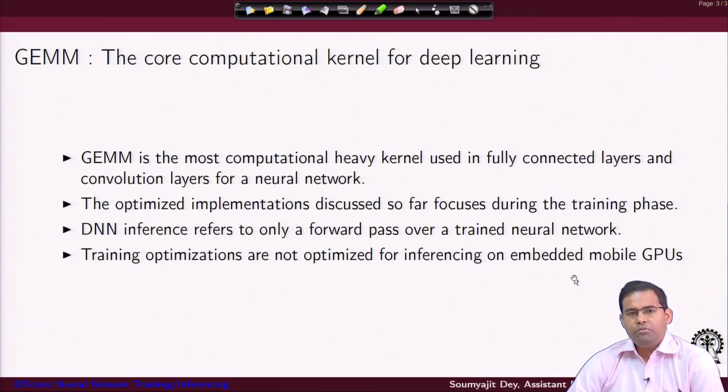In an embedded GPU you can have an inferencing engine for doing a lot of stuff like recognizing somebody's image from a camera, or doing some object detection, or maybe live streaming a video and doing face detection from that. Those are inferencing kinds of work. So, they also require different kinds of optimizations which you can figure out.